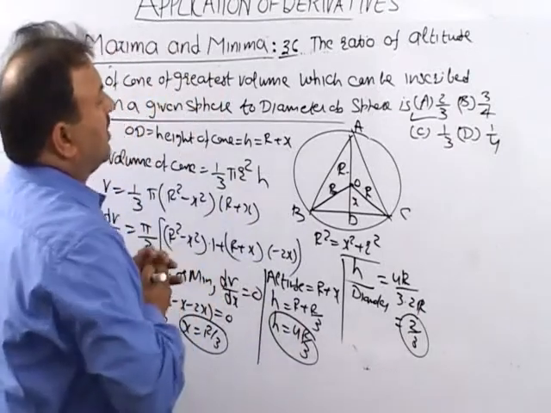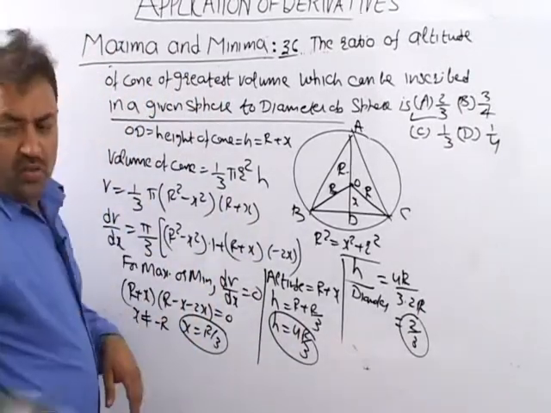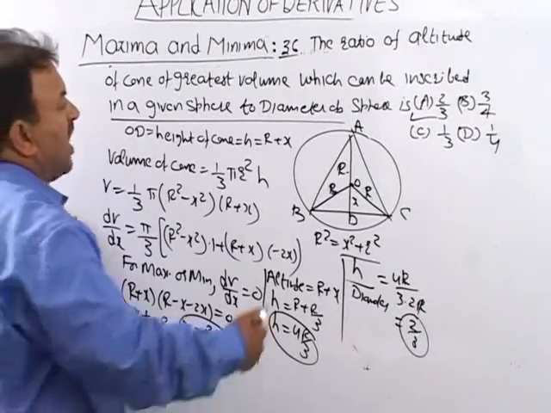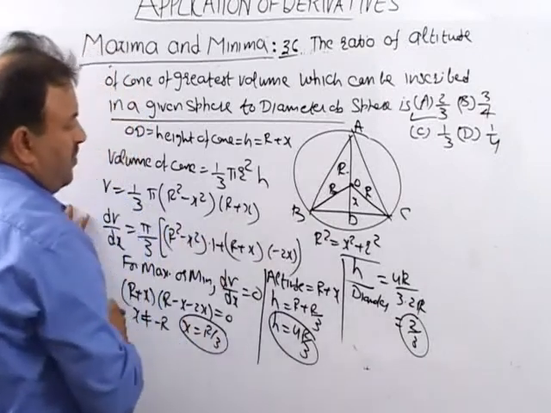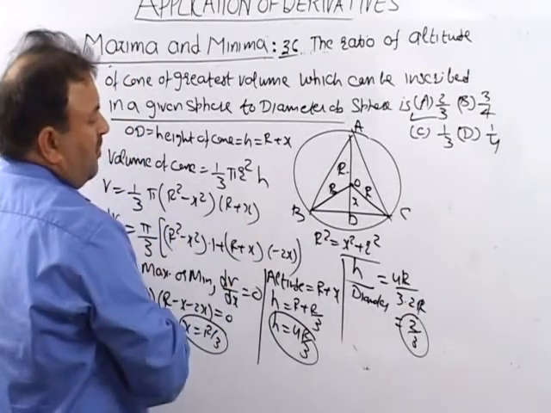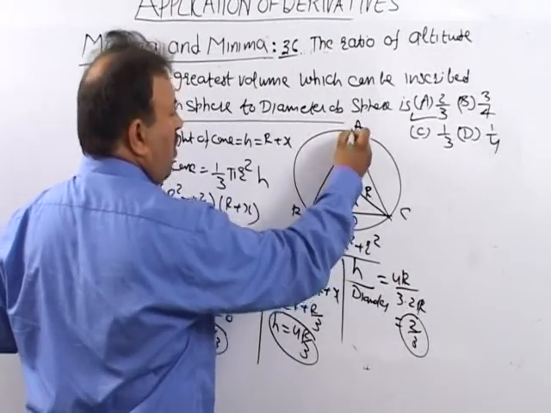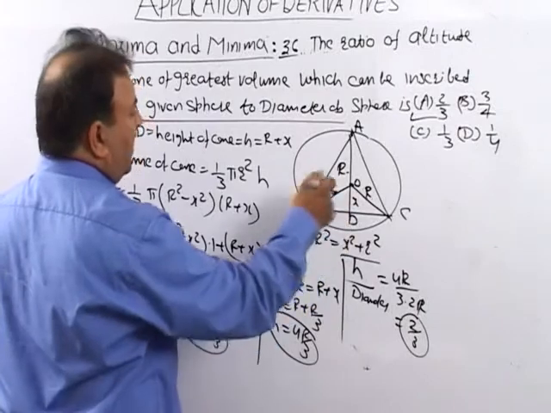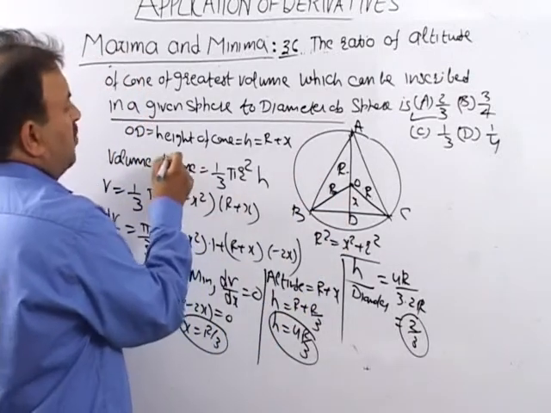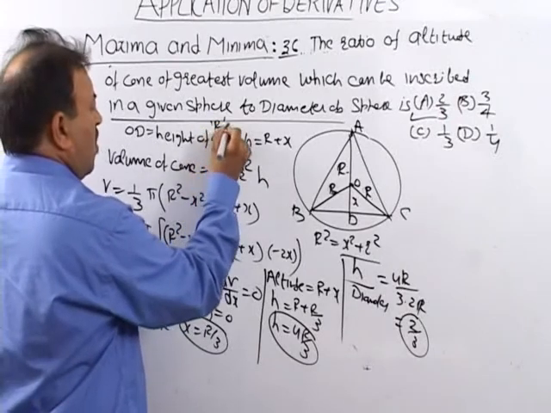अब देखो, अब इसे हमने करना कैसे किया, the ratio of the altitude of cone of greatest volume which can be inscribed in a given sphere. A cone is inscribed in a sphere. जब एक कोन को इंस्क्राइब करेंगे तो क्लियरली all vertices will lie on the sphere. Now clearly it is a cone and I suppose r is the radius of sphere.